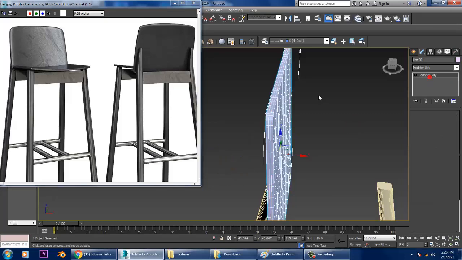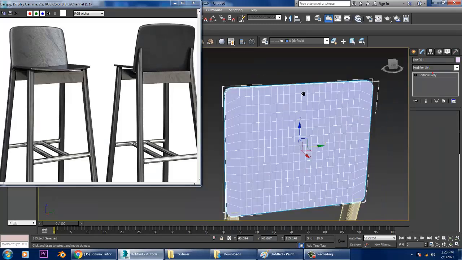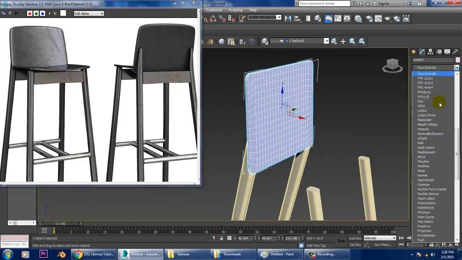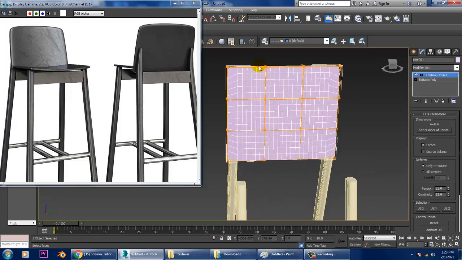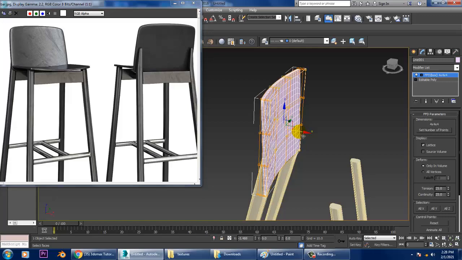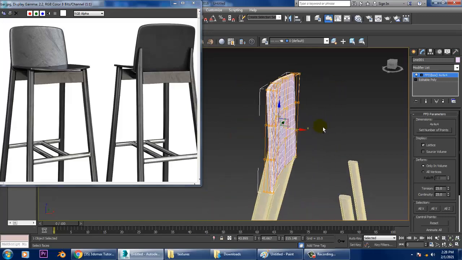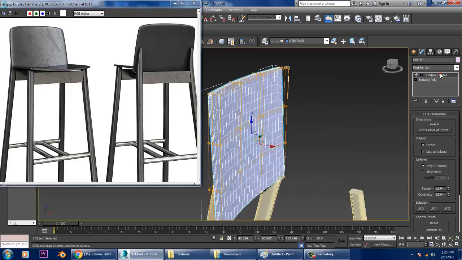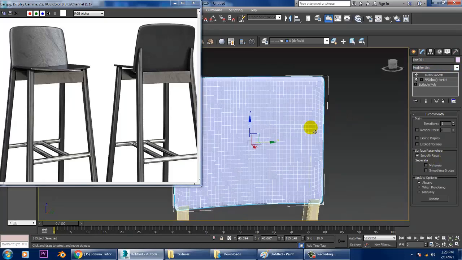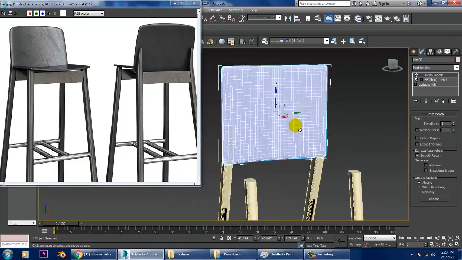I'll give an FFD box over here. I'll go into the vertices of this and slightly push it back, and I'll give one more modifier, turbo smooth, to make it smoother.